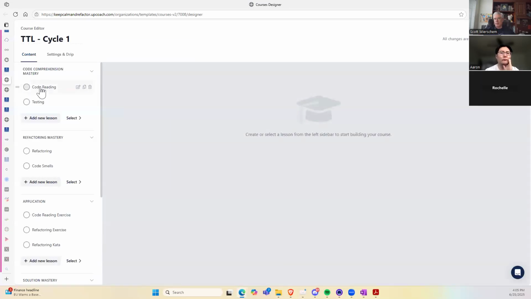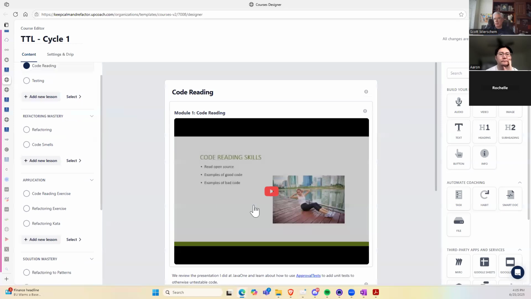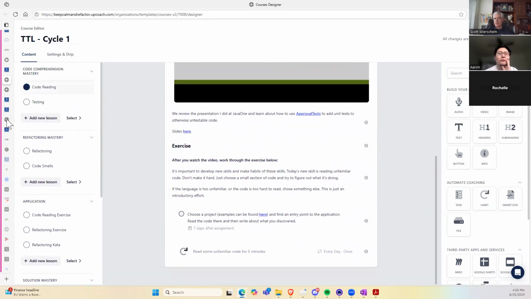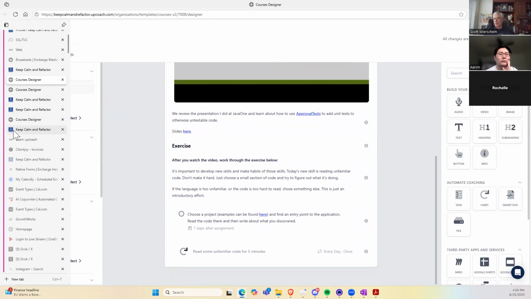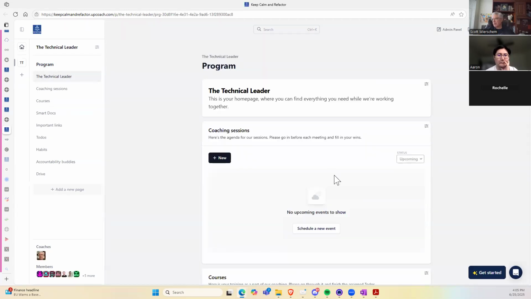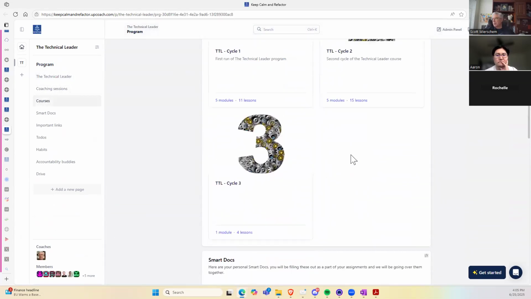Each one has the recorded session, a lesson, and exercises. What we're working on is cycle 3. I'll have a cycle 4 by the end of the evening.